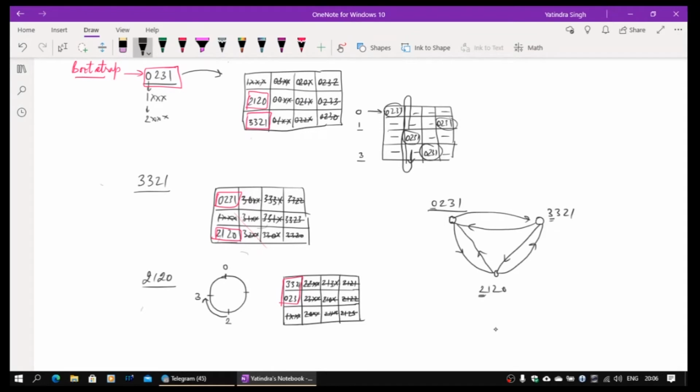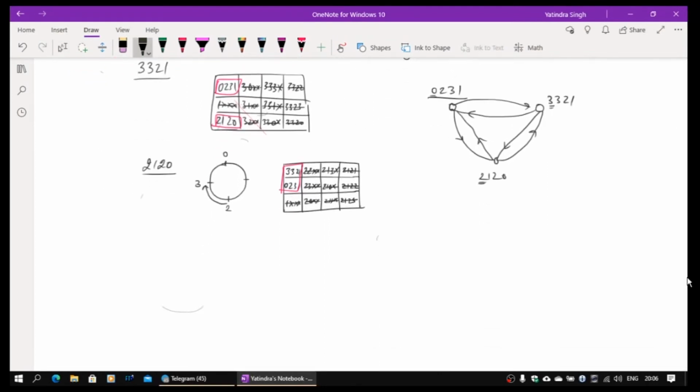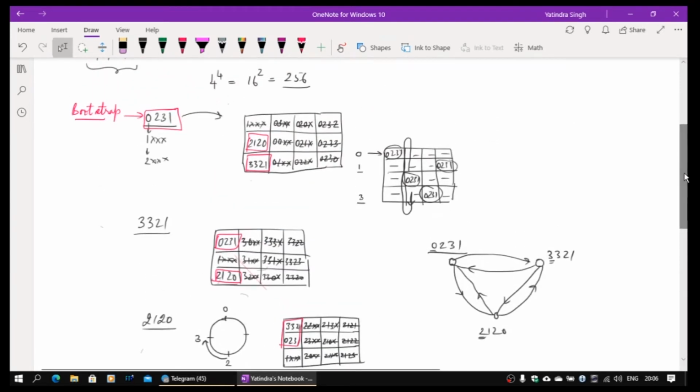The next step, we are going to add one more node. This time let's choose something which is going to have the same digit as we had already added. So we will be adding now this time 2013, and let's see what is going to happen with this. Again, the bootstrap node is going to be 0231 for this one. So I have to look at that particular routing table. Let me see if 2013 goes here. Once 2013 comes, it will simply match with 2, the first digit. So it will be handed over to 2120.